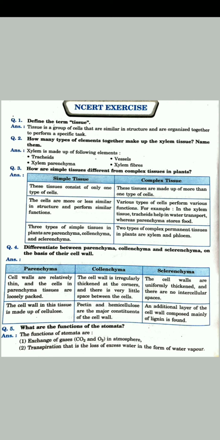That first point is easy, that you are able to understand what the depositions are. Parenchymatous cells have cellulose deposition, as I told, and in collenchyma, pectin and hemicellulose. You might not understand hemicellulose. Hemicellulose is the type of cellulose which is simple cellulose. So hemicellulose is a simple carb, and these are polysaccharides. Okay, so simple form of cellulose plus pectin, and in sclerenchyma lignin is found.